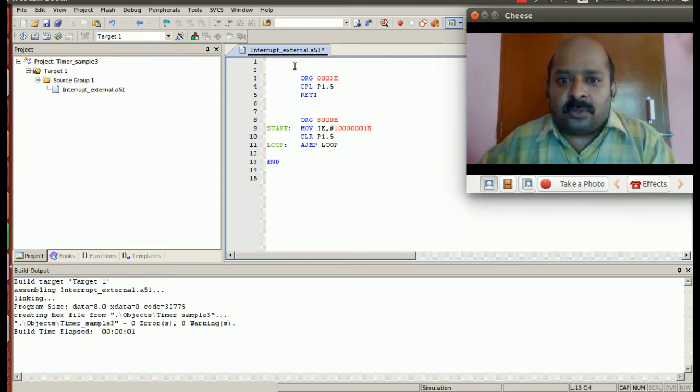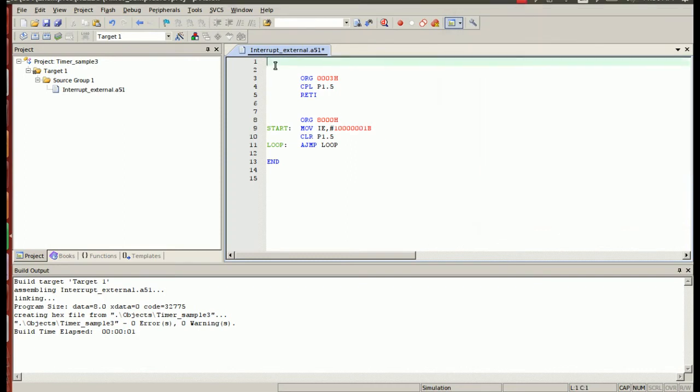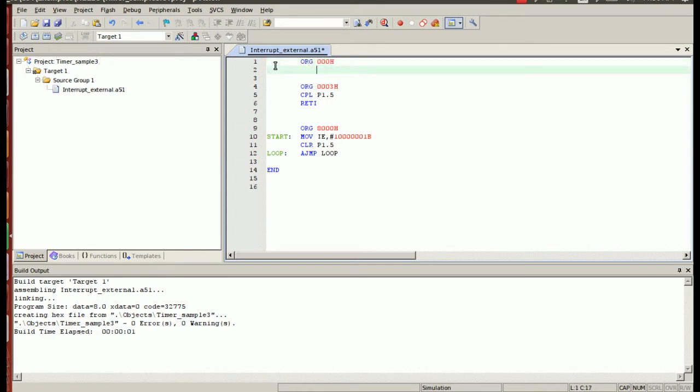Let us now write one more routine here at location 0: org 000H, and I'll say ljmp start. So the program will jump to start and keep on executing till the interrupt occurs. Okay, so let us compile this program